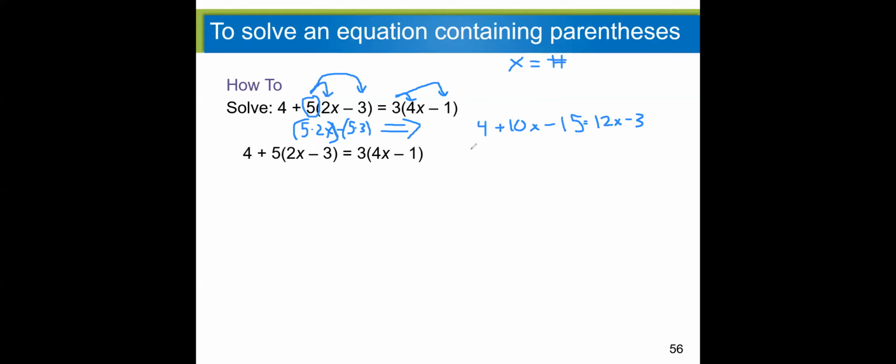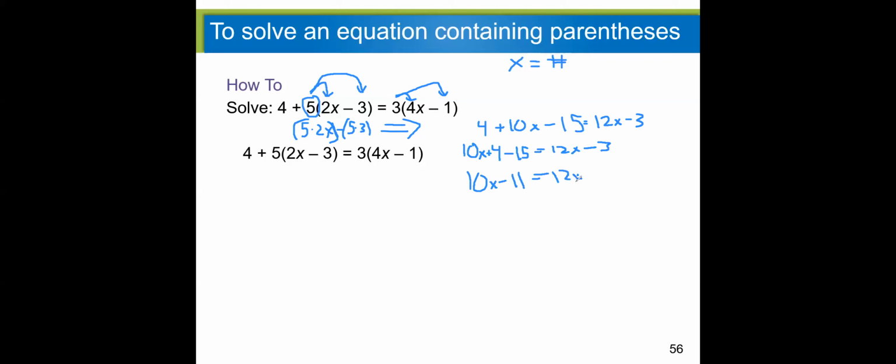I'm going to rewrite the equation because it doesn't hurt to rewrite, it doesn't hurt to use your paper, where I clump plus 4 minus 15, clump my like terms together. I'm going to rewrite the entire equation to make sure I don't forget anything. There we go. 4 minus 15, that's weird, right? But we can do that in our head. 4 minus 15 is negative 11. Or if you can't do it in your head, pull out a calculator. So I'm going to rewrite my equation again